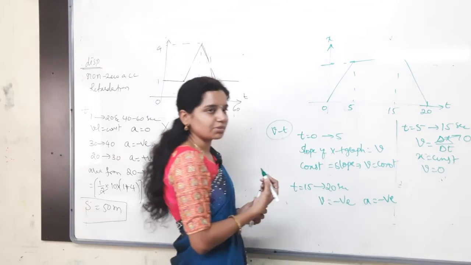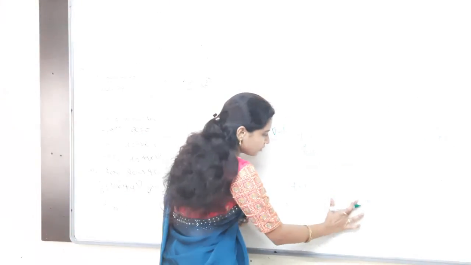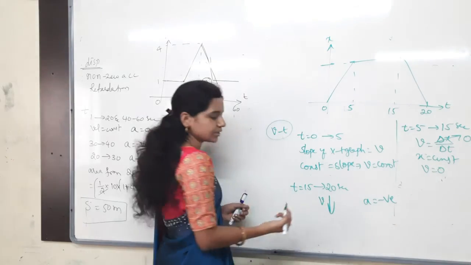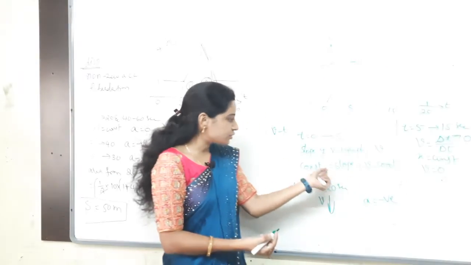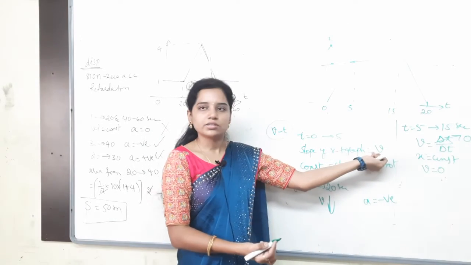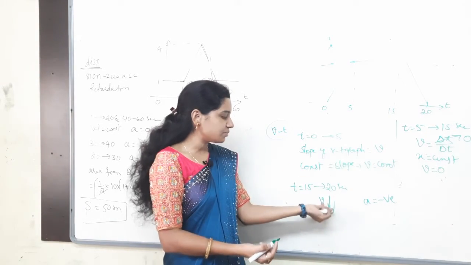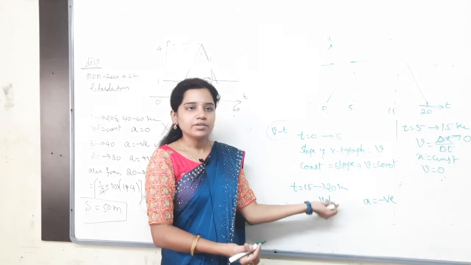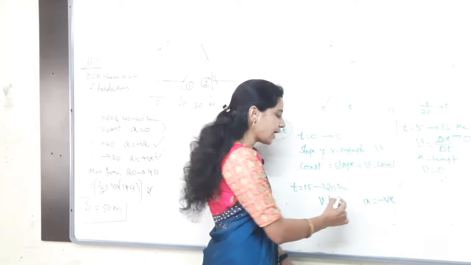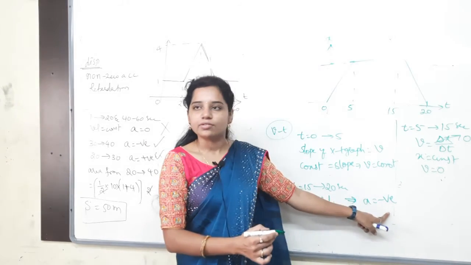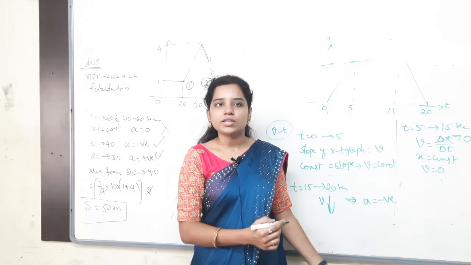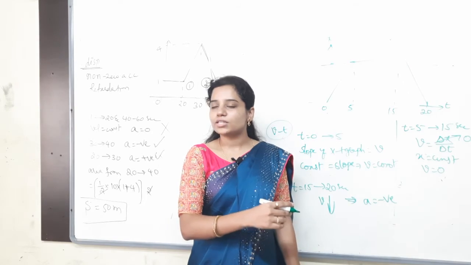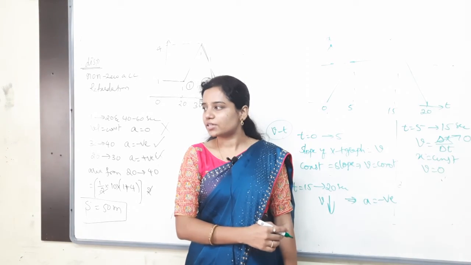Check which option can be. Here the slope is decreasing, nothing but velocity is decreasing. Listen again, slope is indirectly velocity only. Slope decreasing means velocity also decreasing. Whenever the velocity decreases, acceleration will be negative. Negative acceleration is there in which option? Fourth option only. Downwards is there, so you will get the negative acceleration there, retardation.